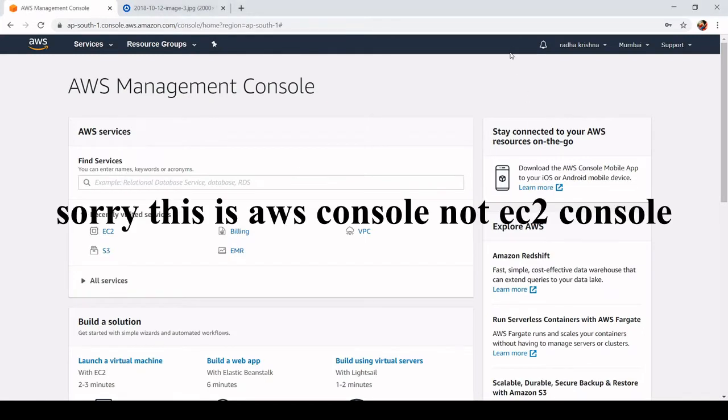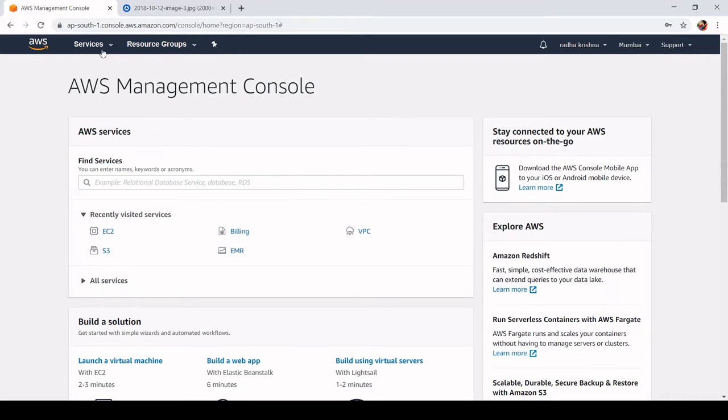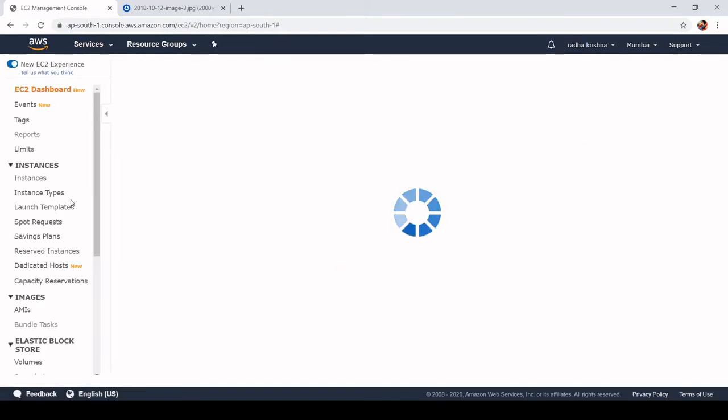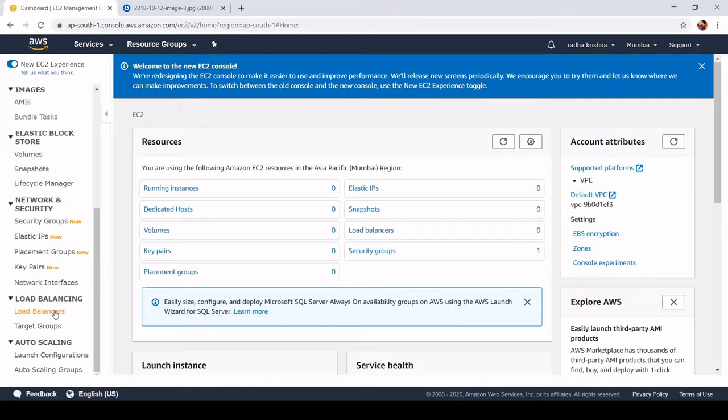This is how the EC2 console looks, and as you can see here, under the services you can see EC2. Please click on EC2 instances, and if you scroll down you can see elastic load balancers. As you can see here, we don't have any instances running, and volumes and other security groups. We'll talk about security groups later. Now we'll see how this load balancer works with EC2 instances.